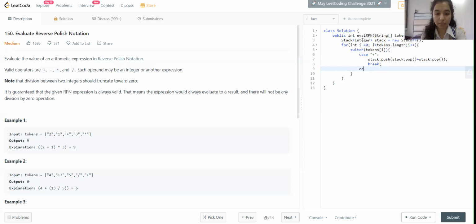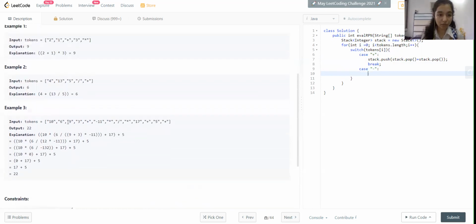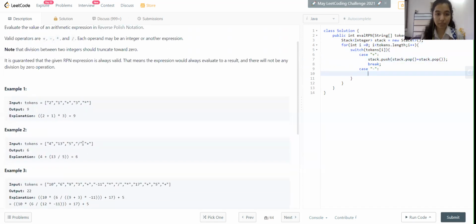Next, we move on to the subtraction case. This is a bit tricky. Let's consider, say, if we had a subtraction sign here. We have to perform 2 minus 1, not 1 minus 2. If we pop these two elements from the stack, we would get 1 first and then 2, so our answer would be minus 1, but that is not what we want.